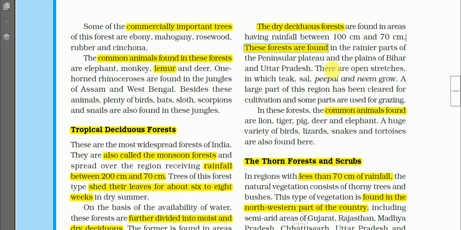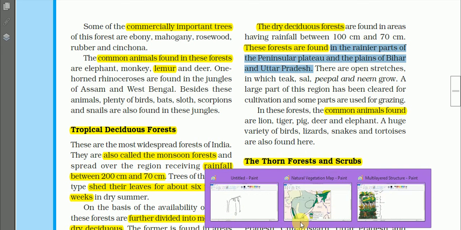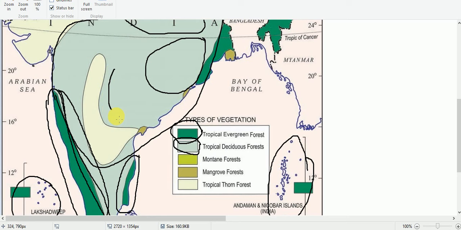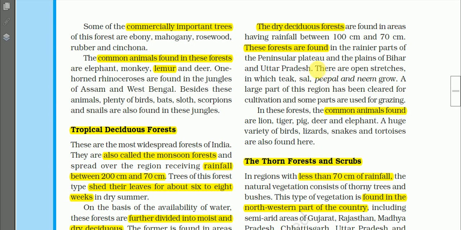These forests are found in the rainier part of Peninsular Plateau and in the plains of Bihar and Uttar Pradesh. Okay, in the plains of Bihar and Uttar Pradesh. See here, in this area, and here in this area. And so these are open stretches. Actually, you will not find jungles. Simply you will find scattered trees, big and small trees growing here and there, with grasses, open